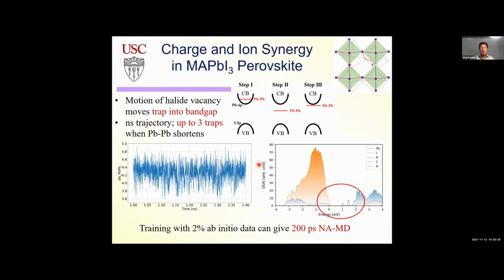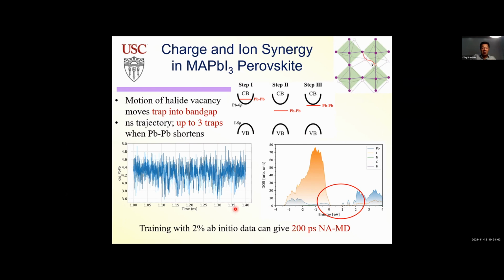What we're doing now, so this is one of the examples I showed you before, is that we know that when we have a vacancy, if it starts moving, it creates a mid-gap state. Using a machine learning force field from Wissam Saidi, we ran nanosecond long MD, and then we see, so this is the distance between 2 leads, because when you're missing iodine, if this atom is missing, these 2 leads can come together. And once this distance between 2 leads becomes small, we can see not just 1 mid-gap state, but up to 3 mid-gap states.